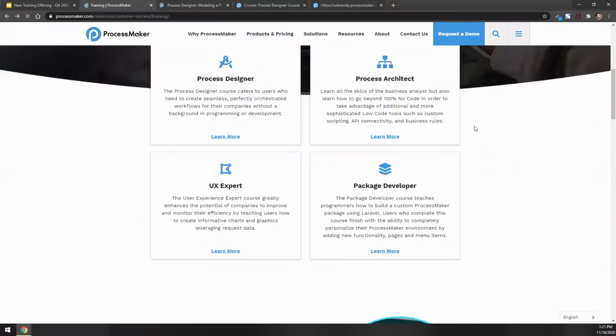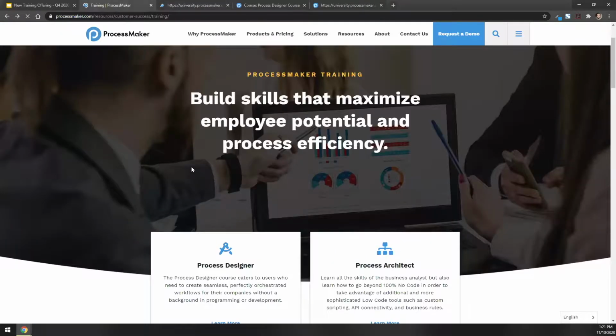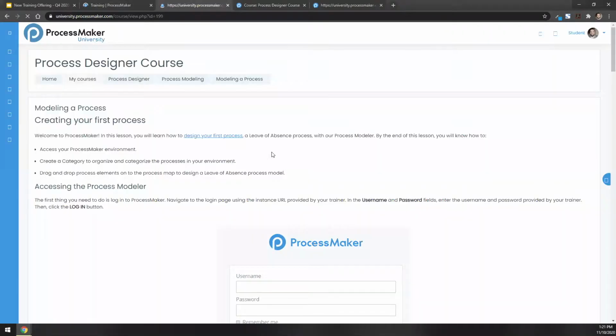You get access to a cloud environment for ProcessMaker for you to develop your processes, to test the features that you're going to be able to learn to use during these courses. And finally, you will be submitting a group of requisites and get certified as a